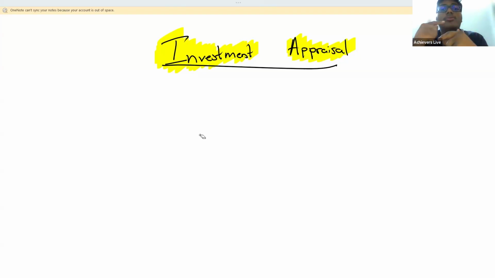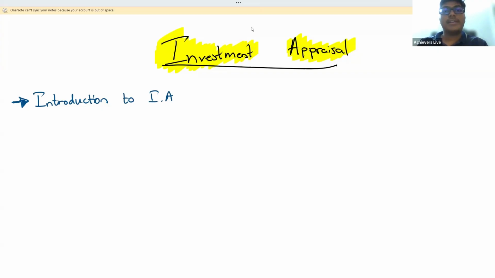We are going to be doing the revision in the order in which we covered the syllabus. For the Jan batch, we started off with investment appraisal. So the revision is going to continue in that same order. The first area in investment appraisal, what did we look at? First area was introduction. Introduction to investment appraisal.